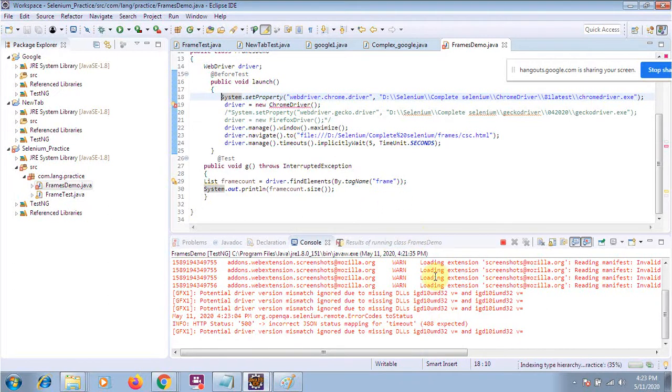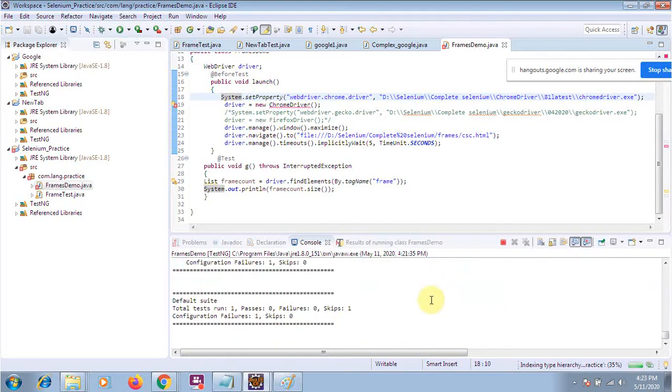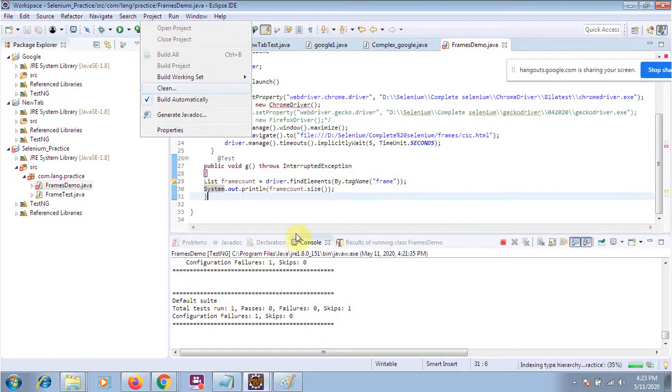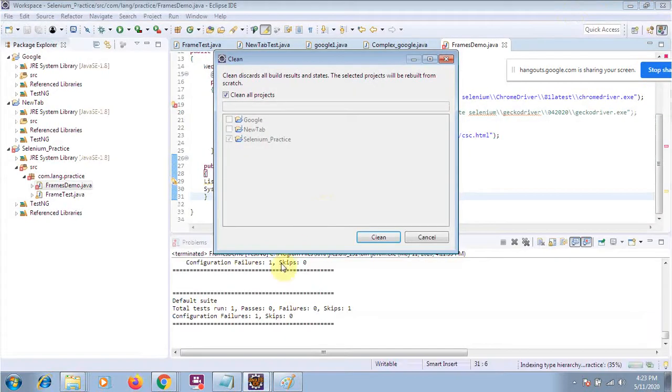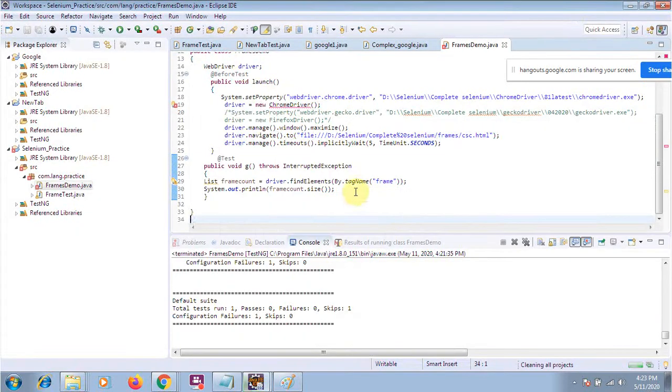The latest browsers like Chrome and Firefox are a little bit heavy, and they take too much time to open. We will run it again. As I told you, the first time it will take some time. Although it has been launched, I think. Let me close this one, we don't want it anymore.